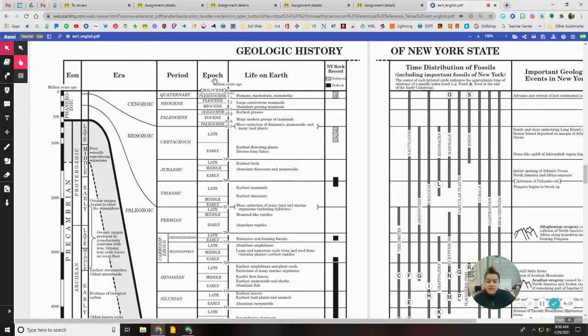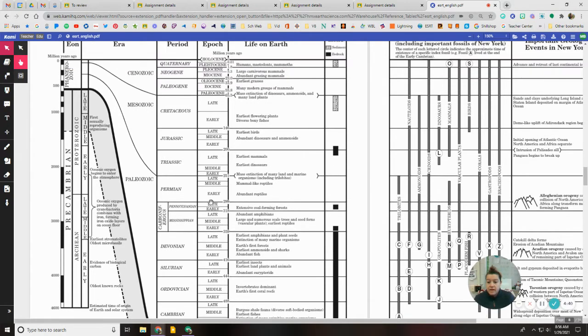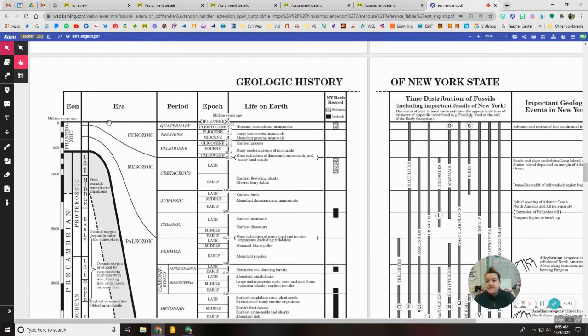Then if I move over into the epochs, or the epochs, depends on who you talk to. Usually they're called epochs. I like to call them epochs. Okay, they're broken down into early, middle, and late, way down here. And then you can see actually the year. So really the Cambrian started about 542 million years ago. And then if you follow them all the way up, you still have early, middle, late, until you hit the Cenozoic. Why? Because there's a lot of things that we have found during here that we have a lot of evidence for, so they needed to break it down a little bit better.